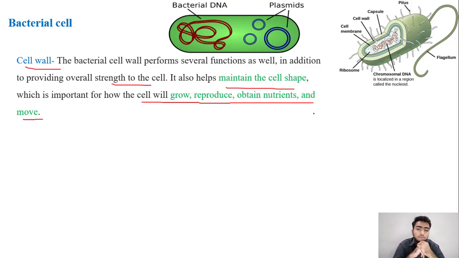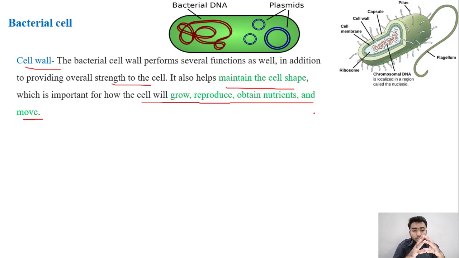They are in human bodies, they are in an environment as well, and they obtain their nutrition from the environment as well, and they also reproduce by virtue of their cell wall. So the cell wall is also involved in reproduction, because when two bacterial cells come together they conjugate, and a conjugation tube is formed, and then they link together, and a whole procedure of transfer of genetic material takes place.